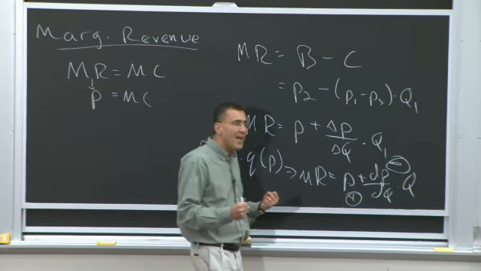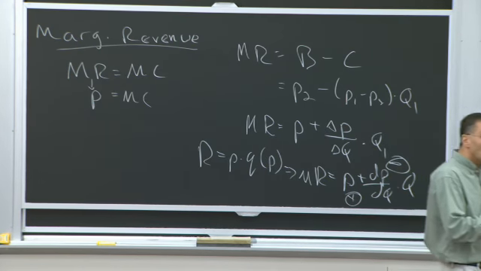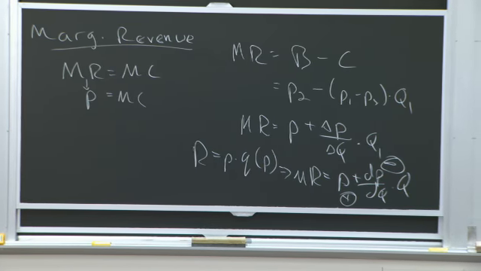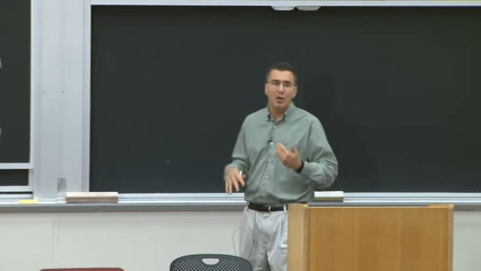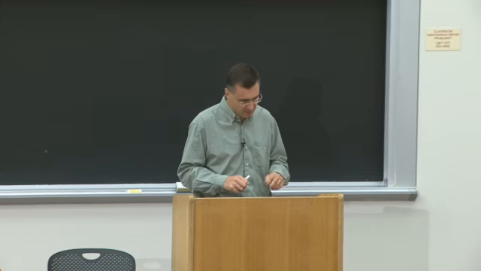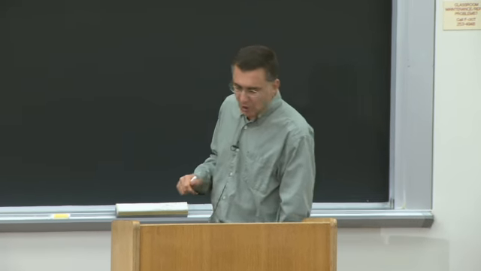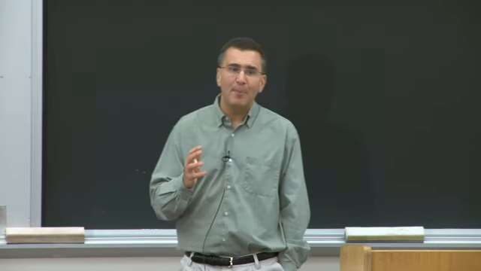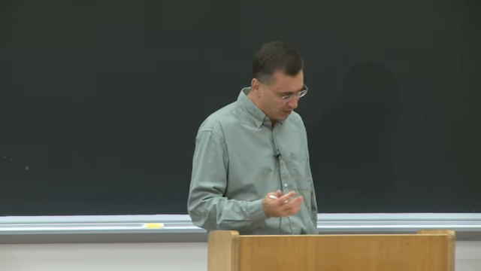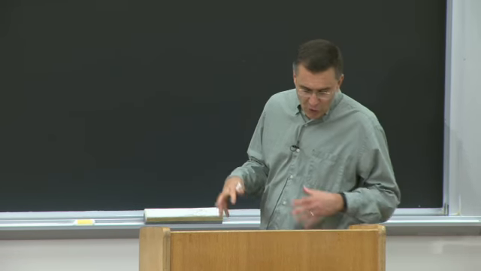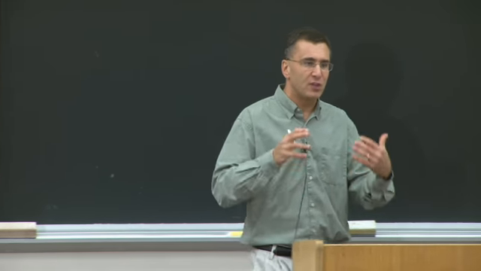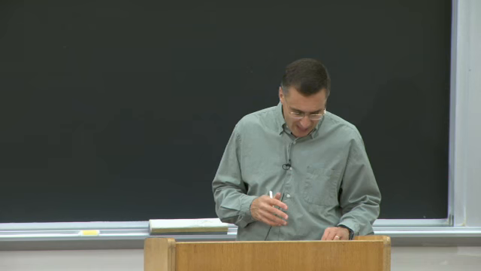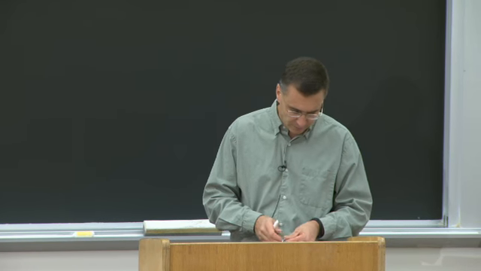So there's now two effects. There's a positive effect, which is if I sell another unit, I make money on that other unit. There's a negative effect, which is to sell that other unit, I have to lower the price because I face downward sloping demand. So there's two effects for the monopolist as he thinks about wanting to sell another unit. There's the money from that unit, but the lower willingness to pay for all previous units. And that's what makes a monopolist a little more interesting.